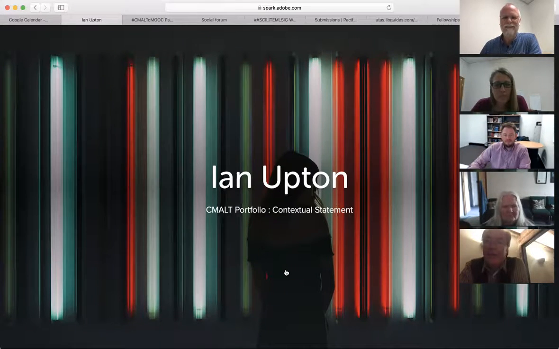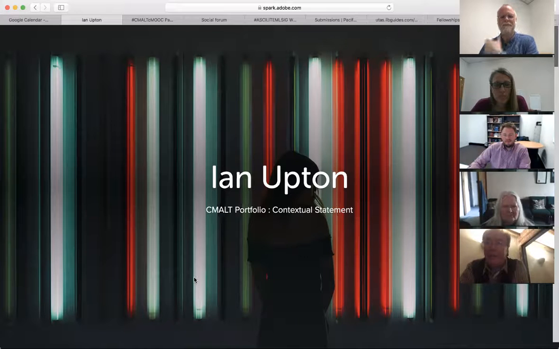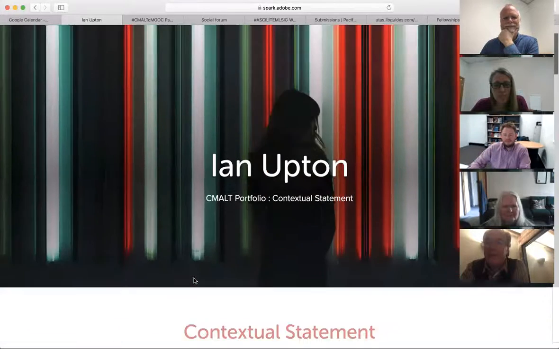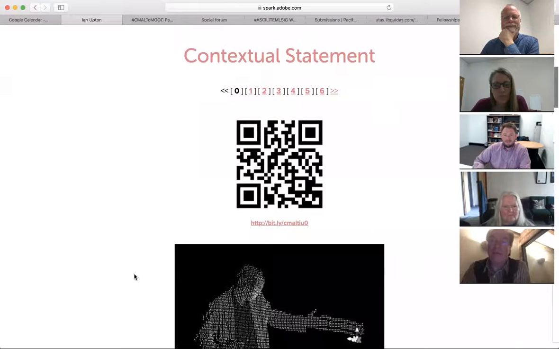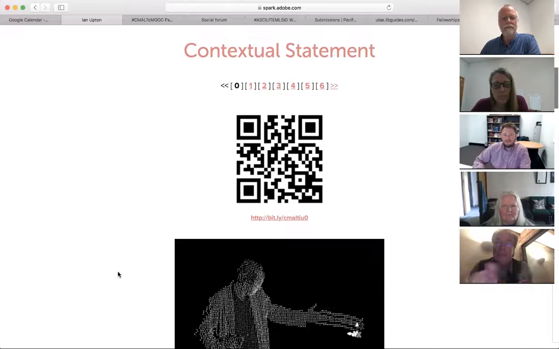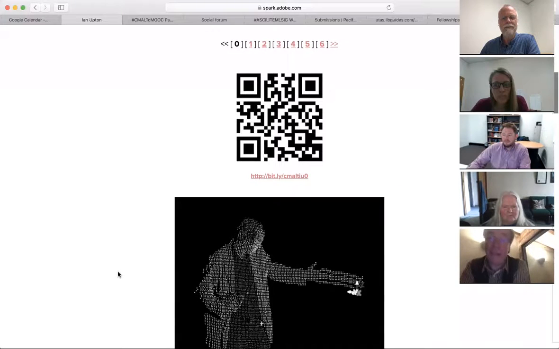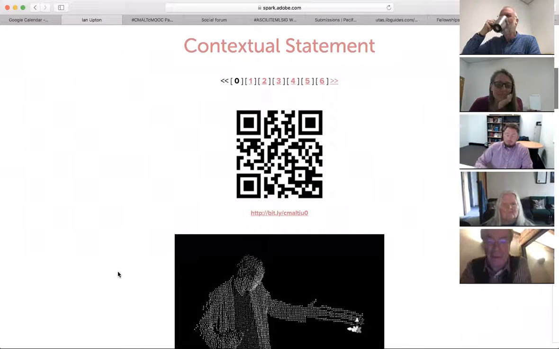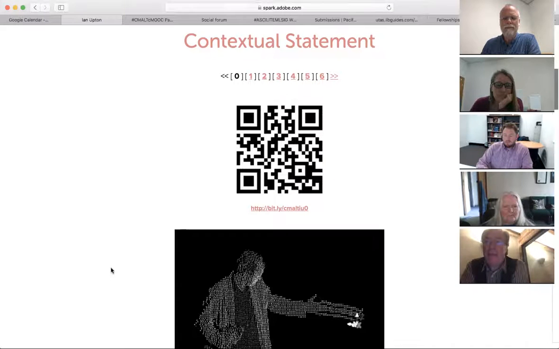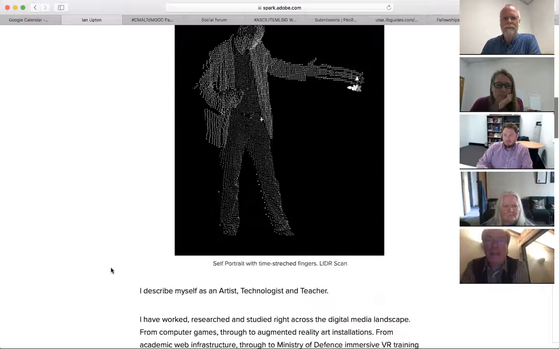Yeah, so basically I've gone a bit rebellious, and I've done it using Adobe Spark, which I think is a really nice way of putting together resources. You can link things together very, very easily, actually. And it looks even better on your mobile phone, which is what it's designed for. In terms of the statement, I did struggle with it a little bit, mainly because it was hard to work out what to put in it.